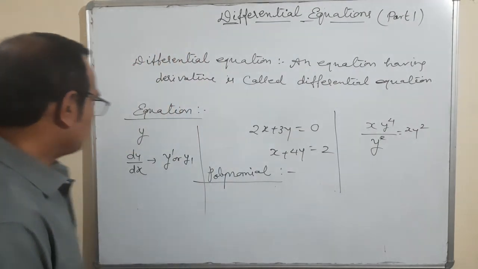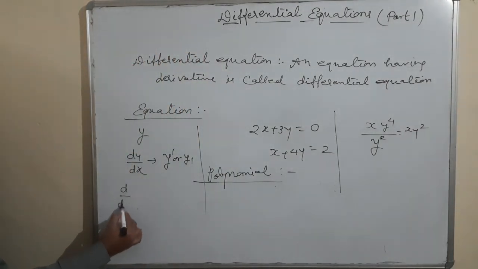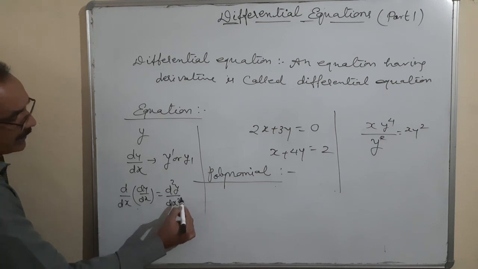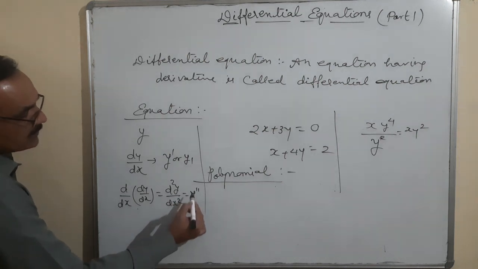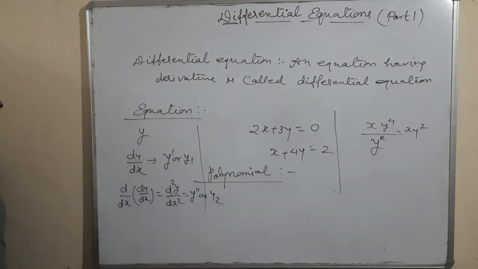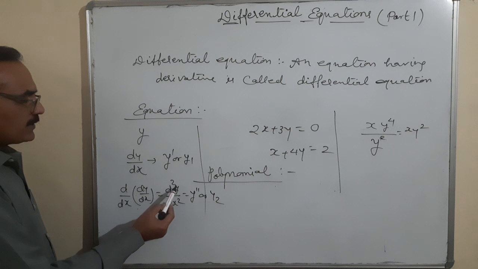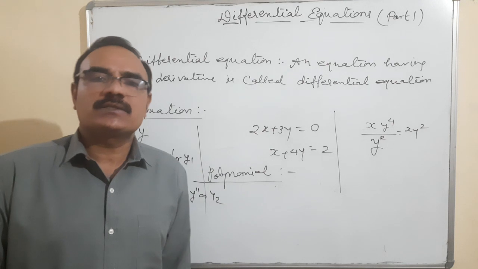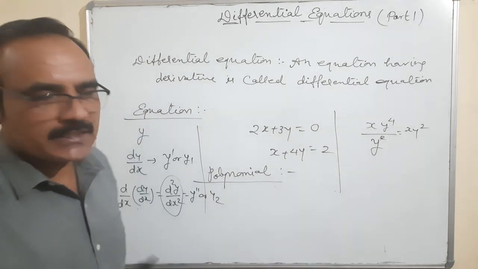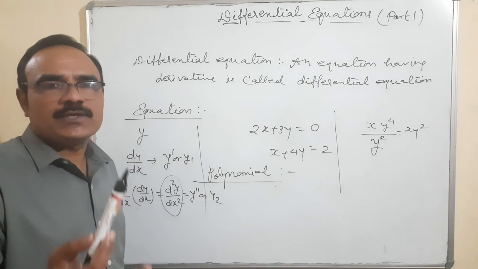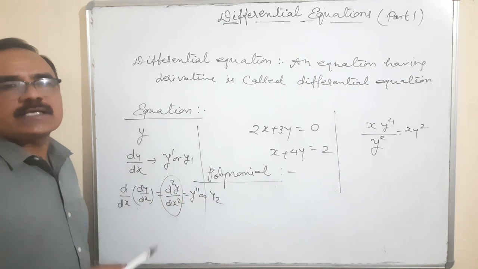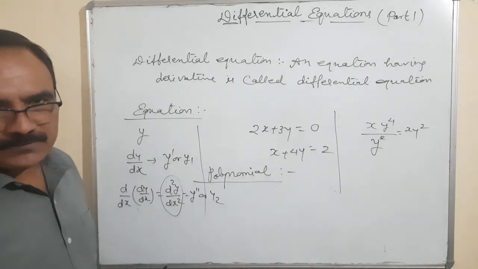Once again, if you differentiate with respect to x, then dy by dx differentiated again is equal to d2y by dx square, or we can use the term y double dash or y2. Anything can be used. Sometimes we use d square y by dx square or d2y by dx square, or the second derivative, all meanings are the same. It makes no difference, you can use anything. So d square y by dx square, d2y by dx square or second derivative of y, same thing, okay?